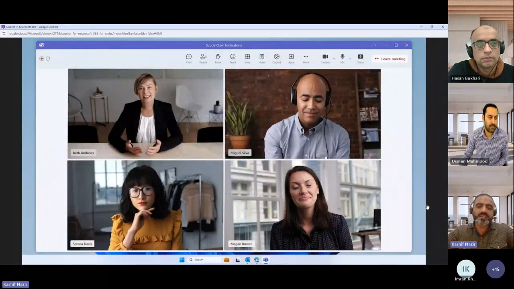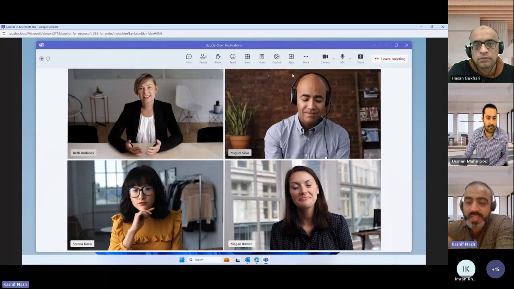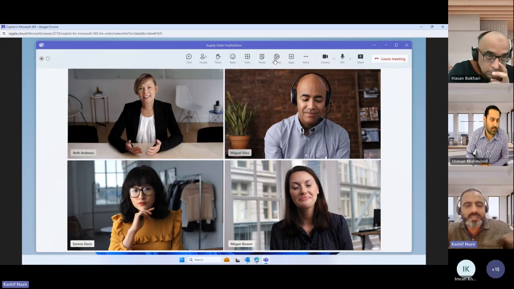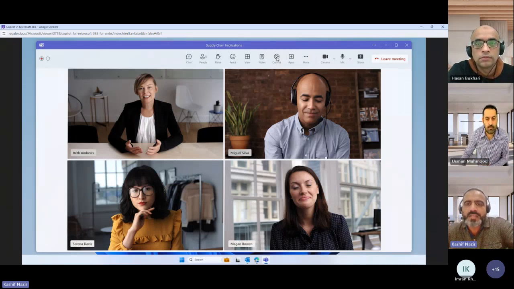So let's start with Microsoft Teams. In a Microsoft Teams meeting, when we have multiple events and multiple calendars, there are overlapping meetings. So here is an example where I joined a meeting late and I want Copilot to assist me with how the meeting has gone so far. So I'll be asking Copilot from here,